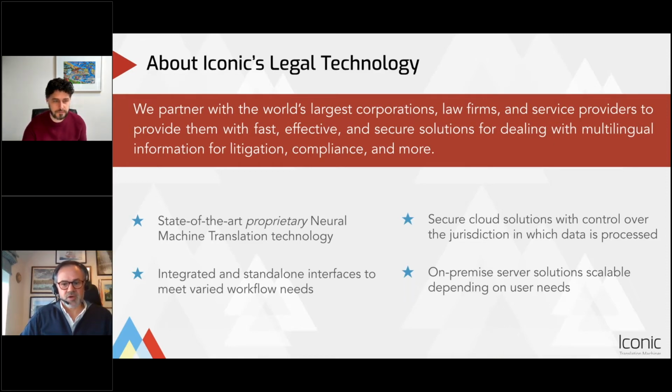Our technology is secure, and we spend a lot of time ensuring that. Our client base is the world's largest law firms and service providers, and security is key. We provide our services via Relativity, via our own app, from the cloud, and securely on-prem, depending on what the end user requires. Our technology is integrated and also standalone, and today it's the integration via Relativity that we're going to show you.